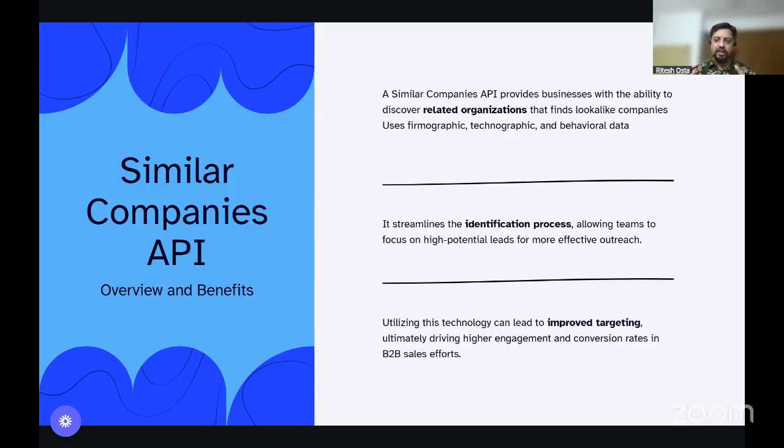That's the behavioral data. That can also be added into this mix. Okay. So it streamlines the identification process, allowing teams to focus on high potential leads for more effective outreach. And you can do improved targeting, right? Which can drive higher engagement for your B2B sales. Okay.